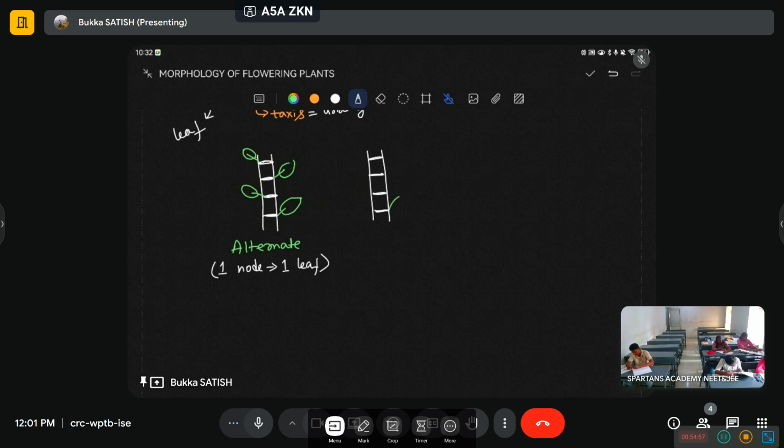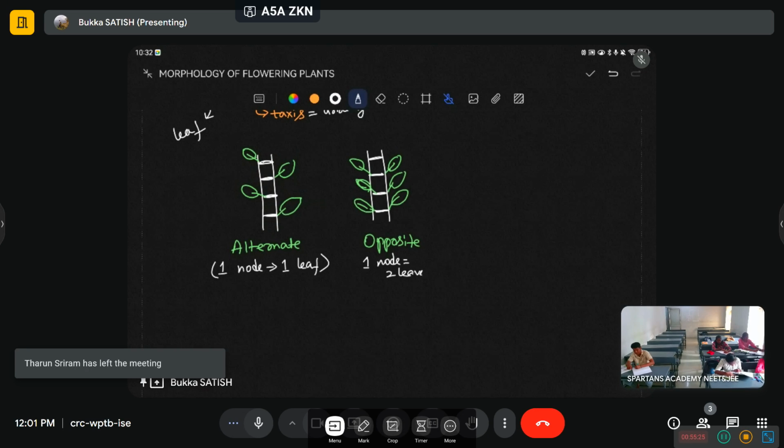Here there are two leaves. So leaves are present opposite to each other. Therefore, we call this opposite phyllotaxy. The kind of phyllotaxy is opposite. Here, one node will possess two leaves opposite to each other. Right. And coming to the last one,